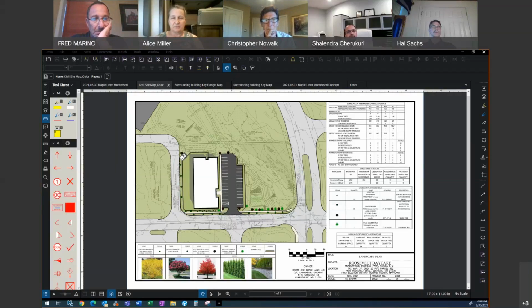Okay, so up on the screen right now is an overlay of a civil site plan with the location of the proposed building and parking layout. One thing to note about the site is that it is a relatively difficult site with a significant slope, on the sheet from left to right.